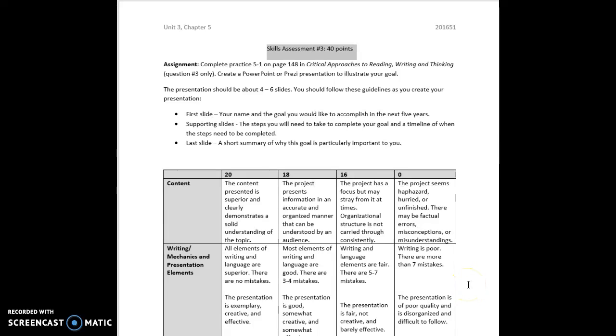This tutorial is to explain how to do Skills Assessment number 3 for English 101. If you open the document for Skills Assessment number 3, you will see the page that you now see in this video. Notice that the assignment says to complete Practice 5.1 on page 148 in our textbook, Critical Approaches to